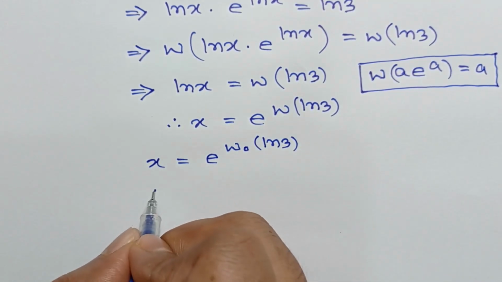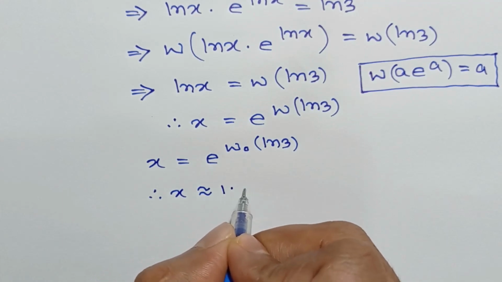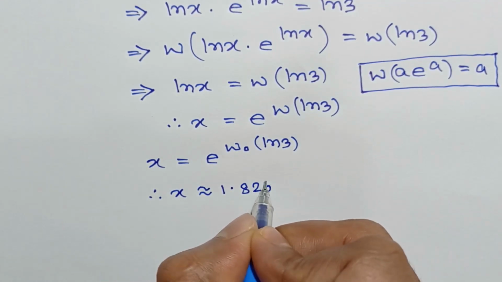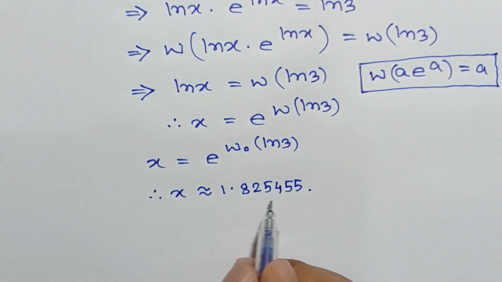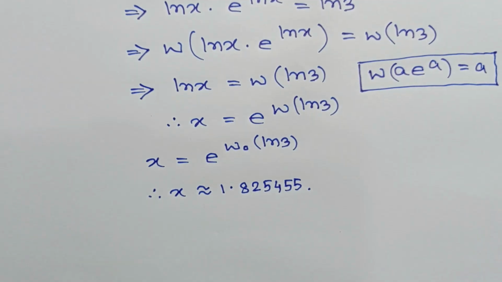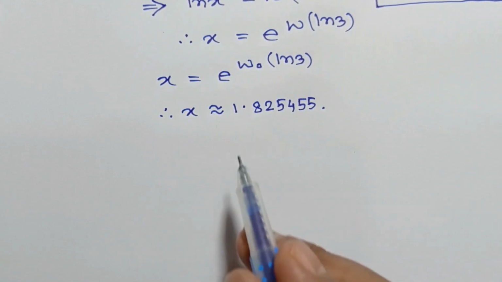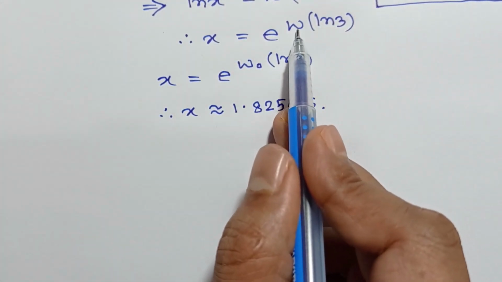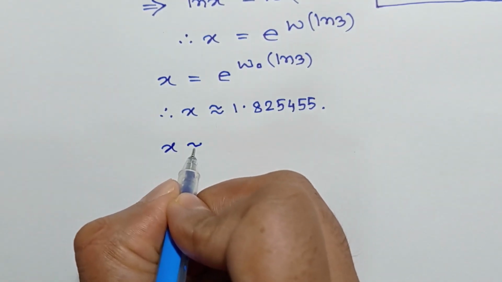Then the approximate value of x is 1.825455, and this is the only real solution of this equation, and there are infinitely many complex solutions of this equation for the other subscripts of W. When the subscript of W is 1, then the approximate value of x is